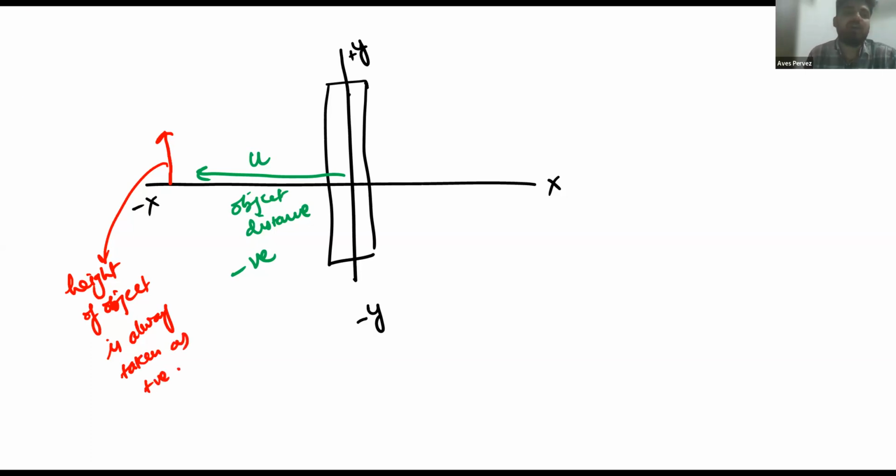Now, if it is a mirror, then the image may be formed. If a real, inverted image is formed, then the height of this image will be taken as negative. So if the image is inverted, whether it is here or here somewhere, we don't care. If it is an inverted image, it will be below the x-axis, and for measuring the length of this one,